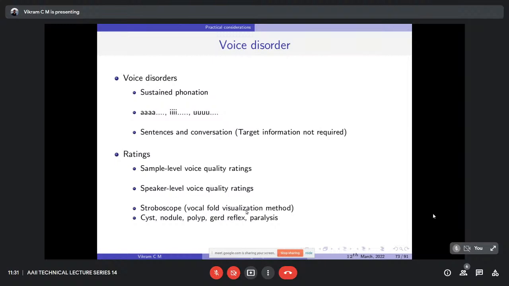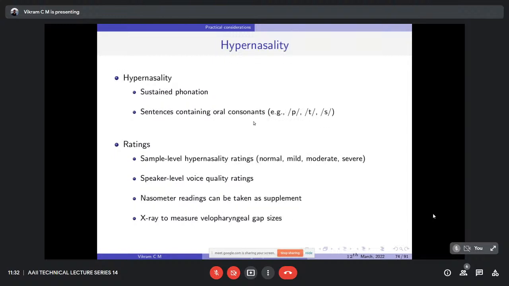Next, some instruments are also available. For hypernasality, we have the nasometer. Here, like stroboscopy, where we can directly visualize the vocal fold. So that is one kind of ground truth we can consider. And the task here is that clinicians are expecting us not only to differentiate between normal and vocal fold disorder, they also expect us to provide some hints about the presence of different pathological conditions, whether a cyst is present, a nodule is present, or a polyp is present. So this is one expectation clinicians have from the engineering team.